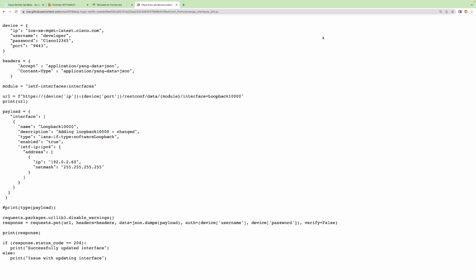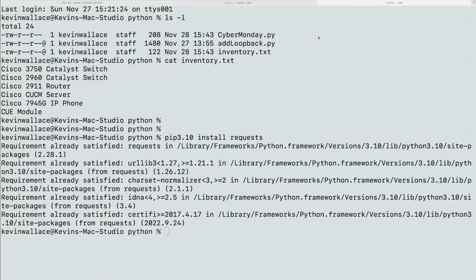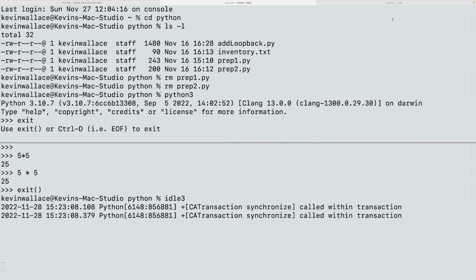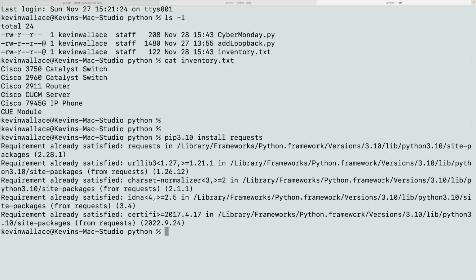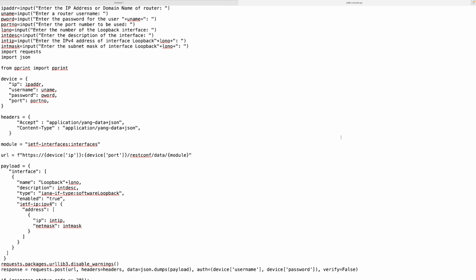And what I want to show you right now is what I've included for you in your download today. Here is my modification to that program on GitHub. Notice that I'm using a series of these input functions. Remember, we saw that